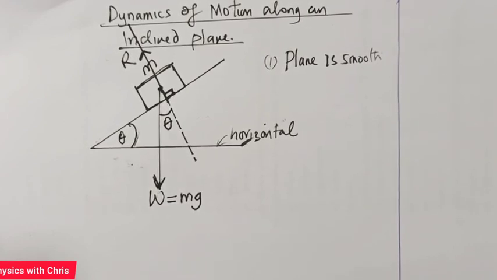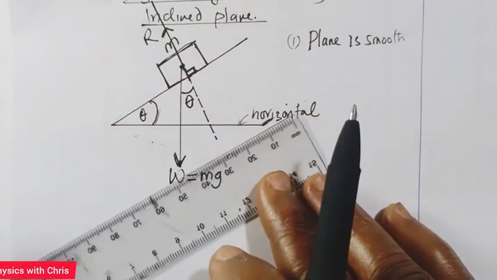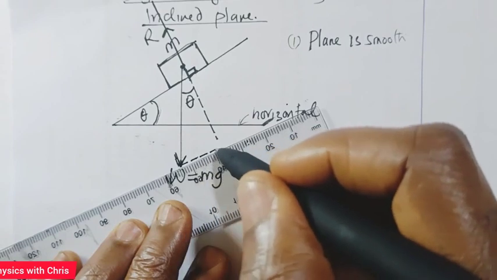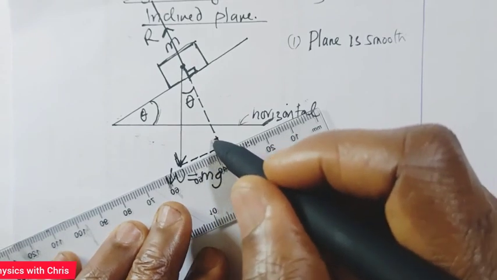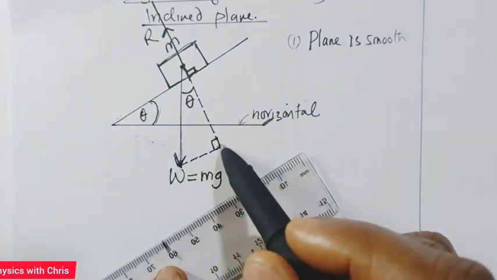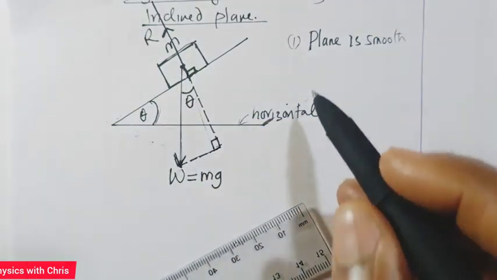So if I'm to resolve the weight line, I may just draw something like this to complete my right angle triangle. This is my angle 90 degrees. The weight line is acting along the hypotenuse. This is the opposite side. This is the adjacent side. So